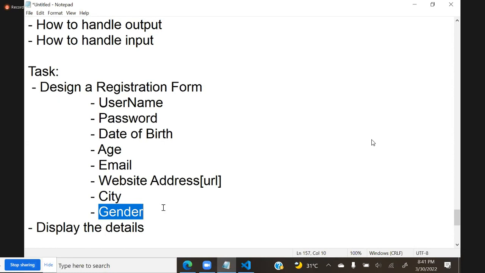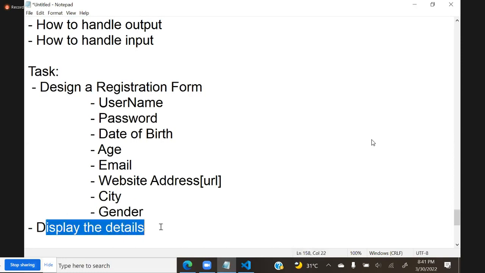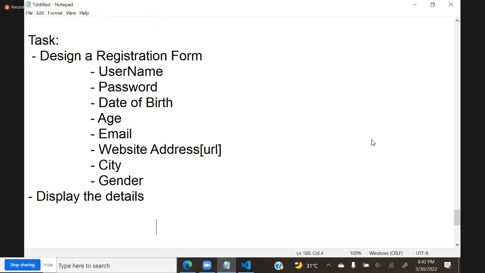I just showed you checkbox. You try radio. If you are unable to do it, I will show you in the class how to handle the radios. Now, when the user clicks register, those details must be displayed there, meaning whatever details they entered, including the password, everything should be displayed there. If you can design this, now we will go into the